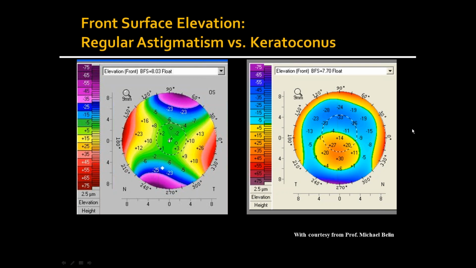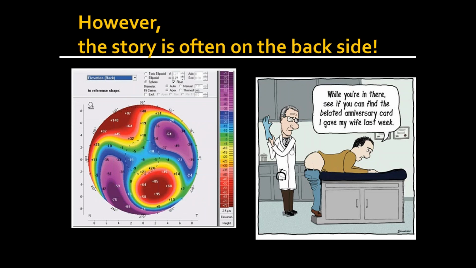But let's compare that to the front surface of a keratoconic eye, where you can see that localized apex of the cone. In this particular case, we don't have a lot of regular astigmatism superimposed, but there are some cases where you can see a combination of both. So we can tell by looking at the difference between these two on the front surface which is the more normal eye and which is the more abnormal eye. And we'll show you cases where curvature leads you to think you have an abnormality, and elevation proves to you that you actually don't. So often the story is actually on the back side of the cornea, as Bill mentioned,